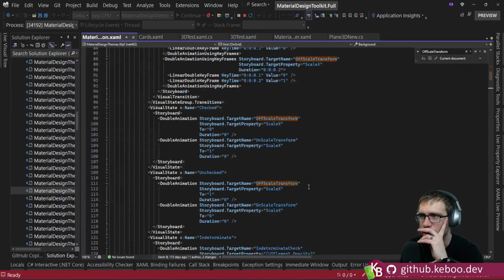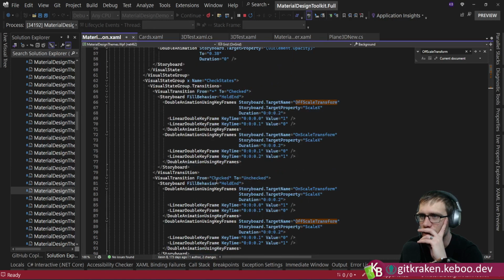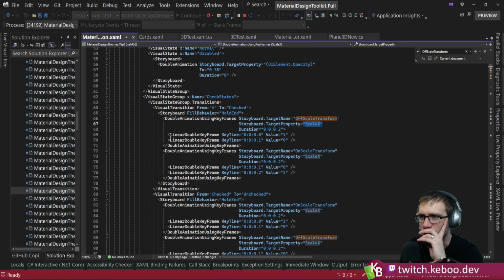So hang on, let's look at this animation. What exactly is this doing? So we're going to go check states from star to checked. Hold end. So we're going to animate the scale X property for 0.2 of a second. We're going to go from 1 down to 0. Then starting here,